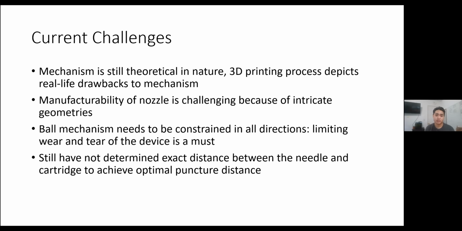And at that point, we would have issues with reliability of our build. So in the manufacturing of our device, we'll need to make sure to hold tight tolerances in order to make sure that we can constrain this ball in all directions and ensure that it won't be able to move out